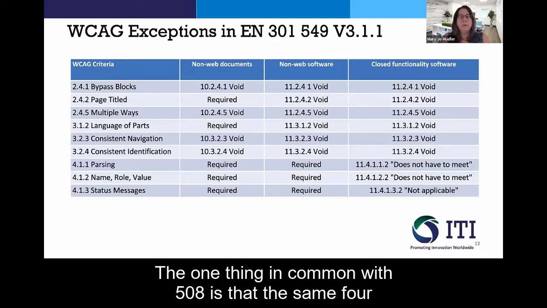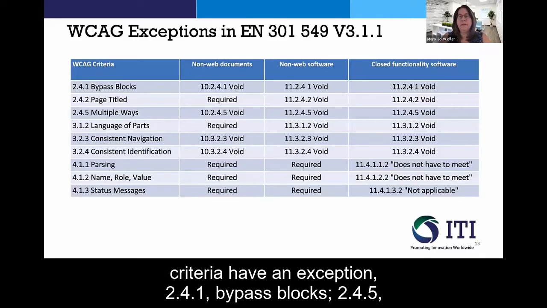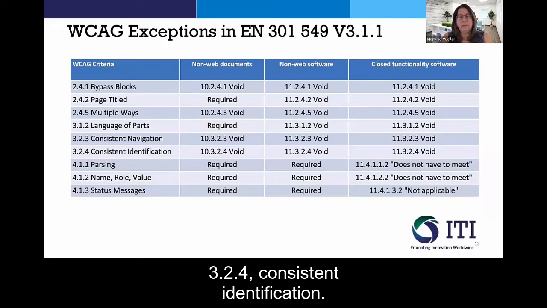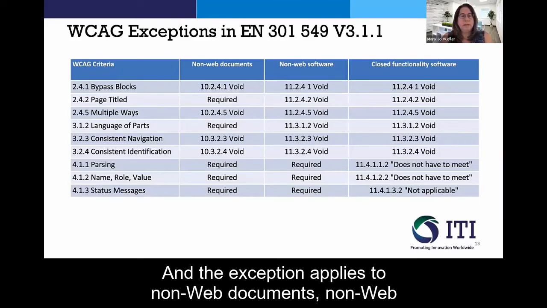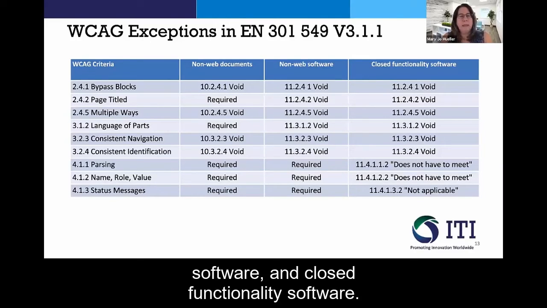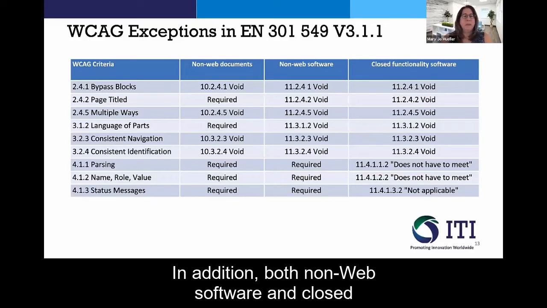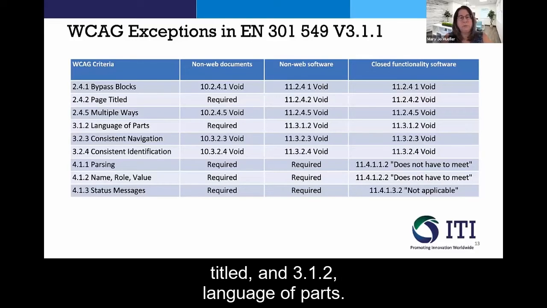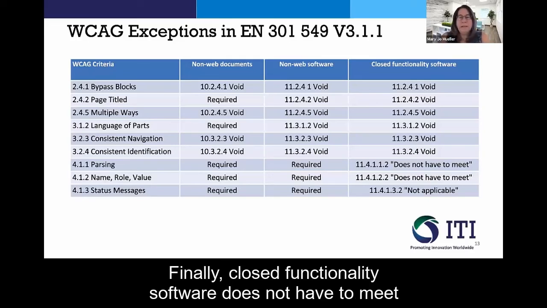The one thing in common with 508 is that the same 4 criteria have an exception: 2.4.1 bypass blocks, 2.4.5 multiple ways, 3.2.3 consistent navigation, and 3.2.4 consistent identification. And the exception applies to non-web documents, non-web software, and closed functionality software. In addition, both non-web software and closed functionality software do not have to meet 2.4.2 page titled and 3.1.2 language of parts. Finally, closed functionality software does not have to meet